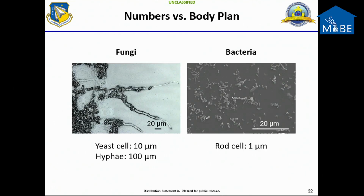And then we start to think about other issues that we have here, and basically you've got to think about numbers versus body plan. So, what's the impact of 10 fungi that are 10 microns big versus 10 bacteria that are 1 micron big? We've got a surface to volume issue here, we've got an aspect ratio issue here, and especially when you consider the fact that these fungi often are forming hyphae, which then are increasing their volume or their coverage by an order of magnitude, then you start to see how these fungi can be really potent